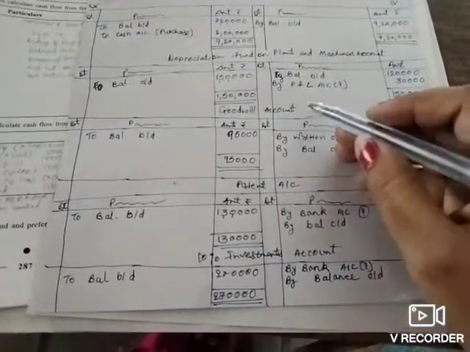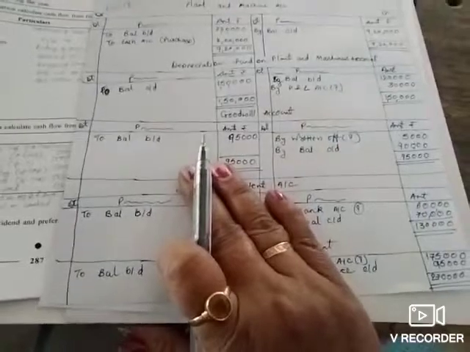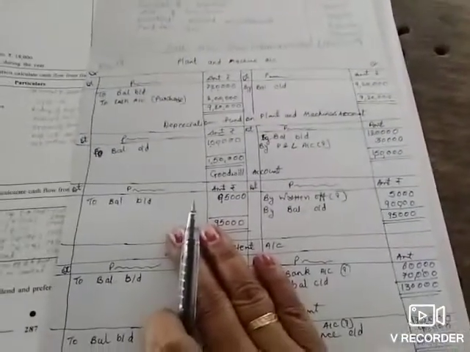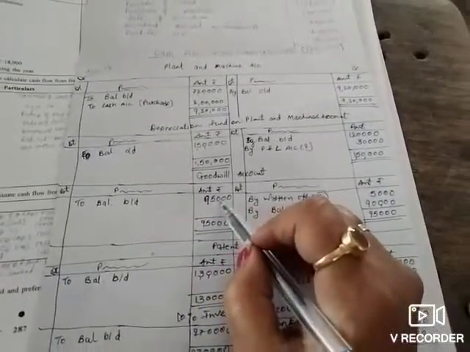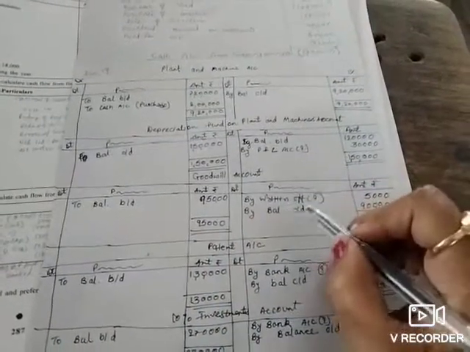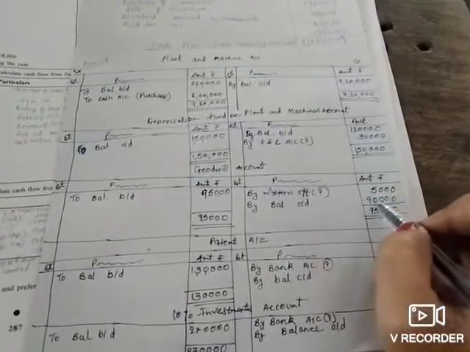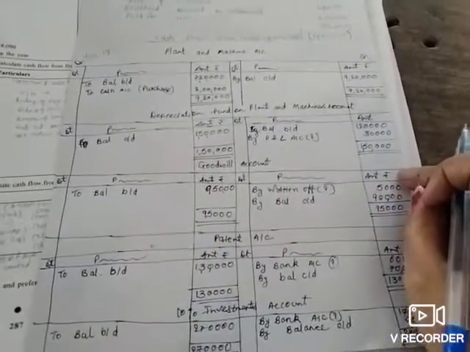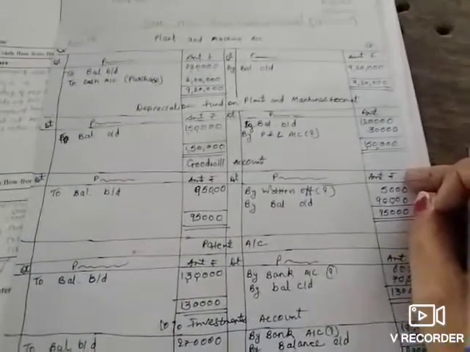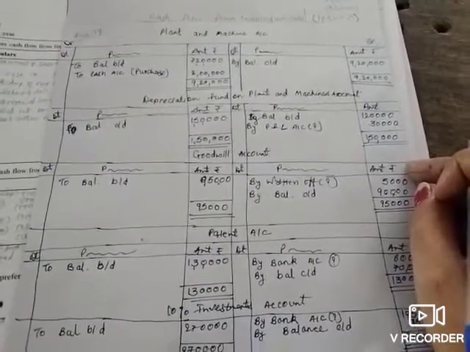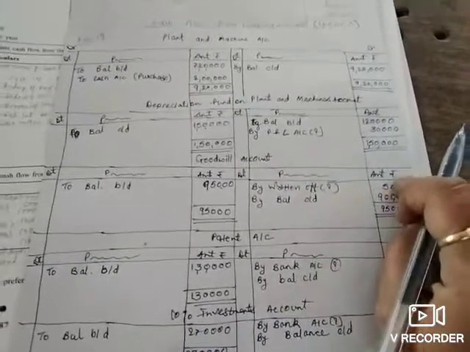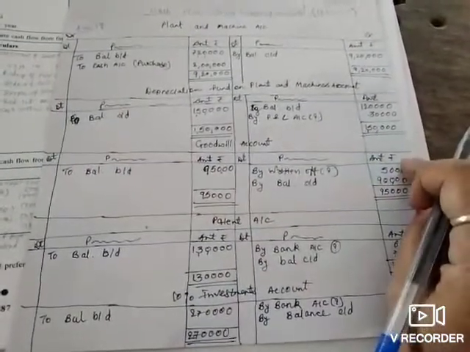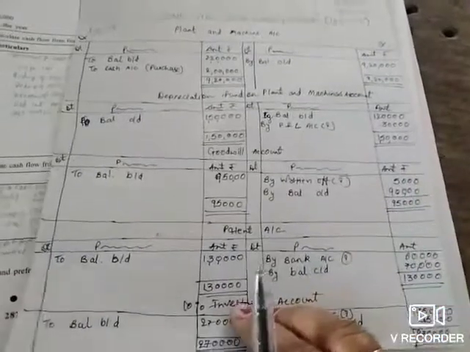Then after that we prepare the goodwill account. Goodwill, that is our asset, this is a non-current asset. So to balance, brought down on the debit side; on the credit side write by balance carried down, this means closing balance, opening balance, difference. Now goodwill cannot be purchased and sold, right? So that is to be written off. Whatever difference arises, rupees 5,000, that is to be written off.